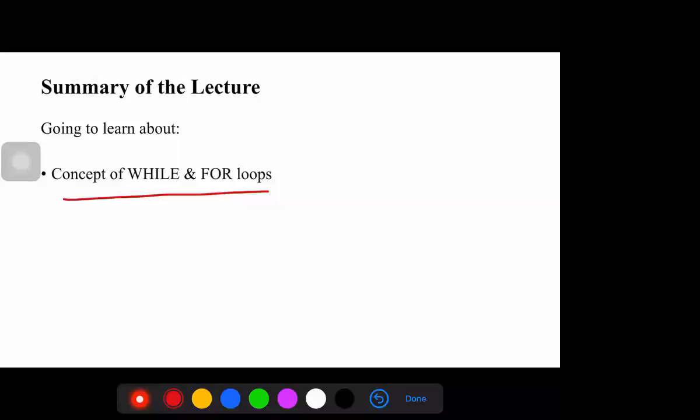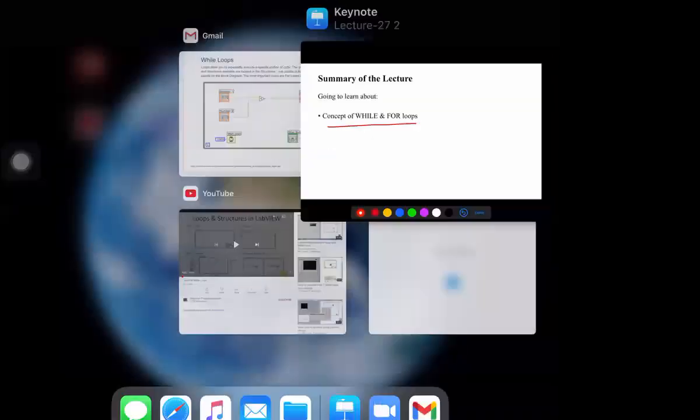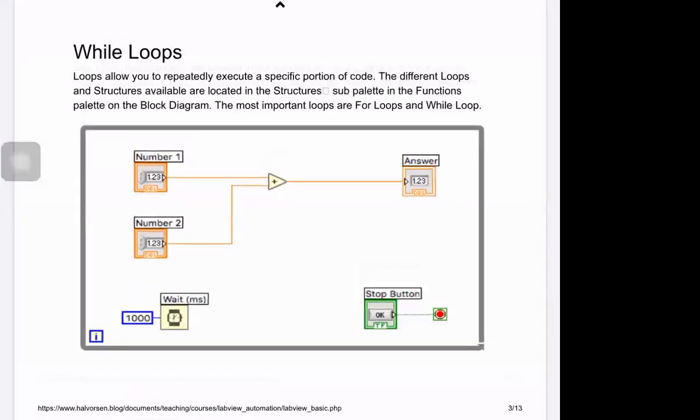So let's start with the concept of while loop. In the case of virtual instrumentation, how are we going to write it?